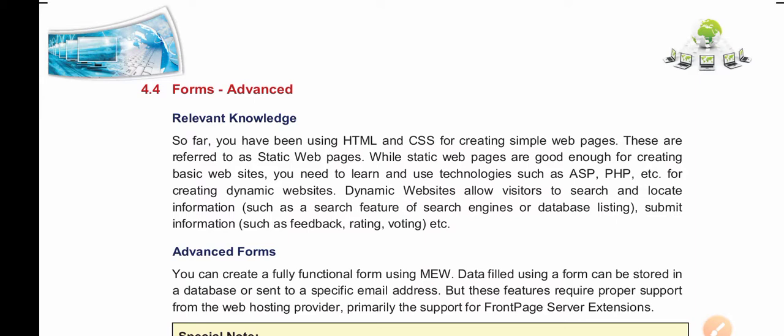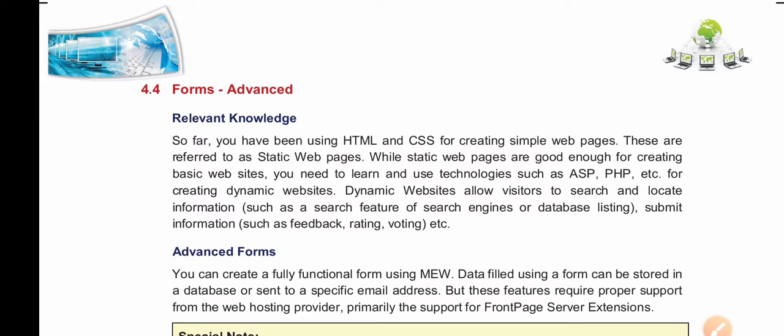As you all know, in class 12 we learn simple programs like CSS and HTML, but besides that, after class 12 there are some technologies such as ASP and PHP that you are going to read